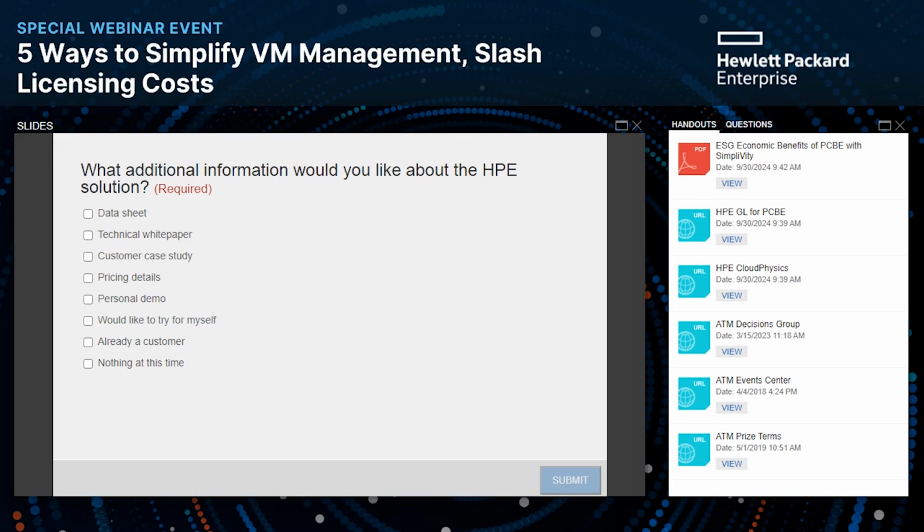what we spit out is different reports, right? Reports around your host analysis: how are your hosts being leveraged for different resources in CPU, memory, and so forth? We also look at license inventory, how much of your licenses are being used. It gives you detailed reporting on those things, so then you can make a decision whether you want to move to VVF or VCF or VCF Standard, or some other hypervisor for that matter,